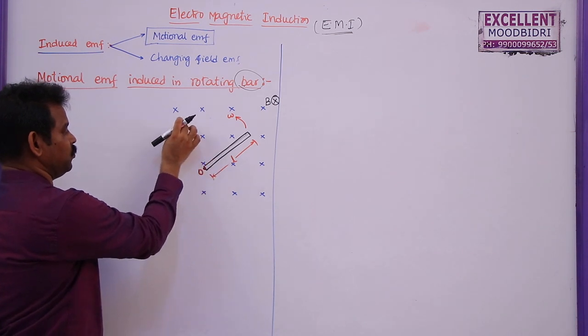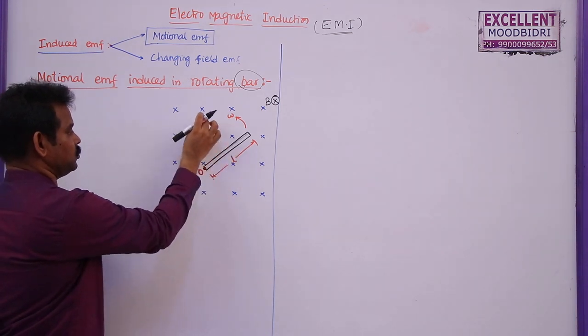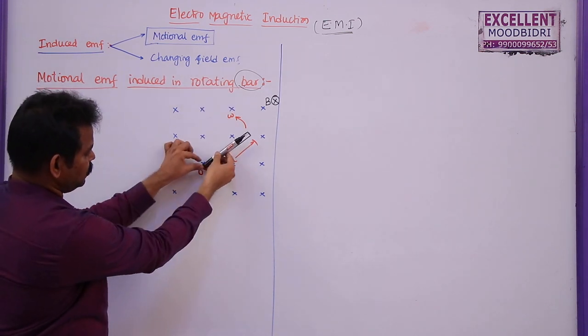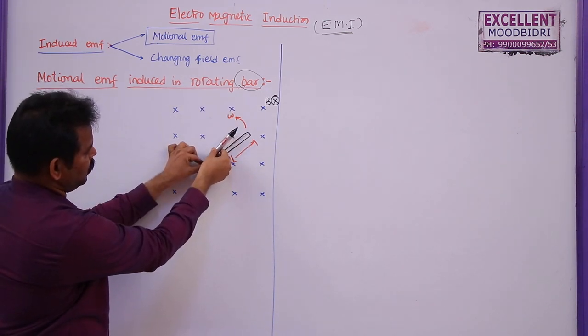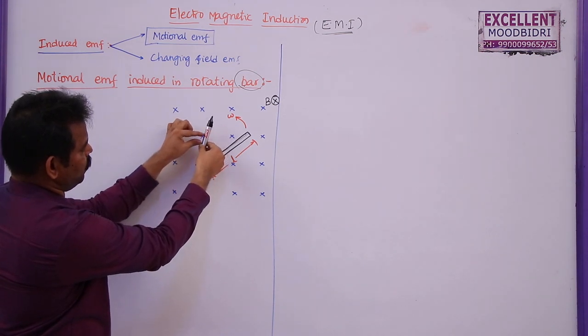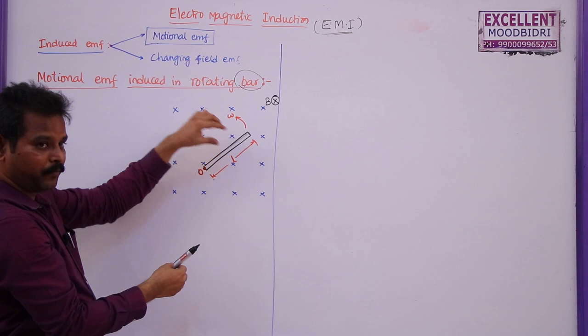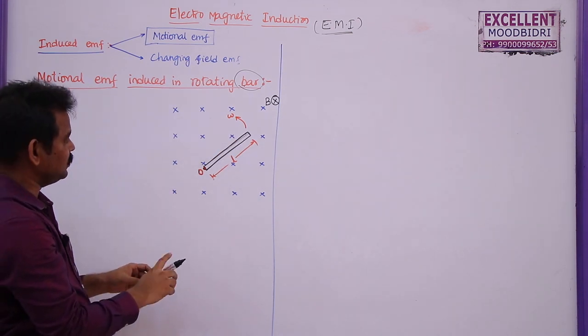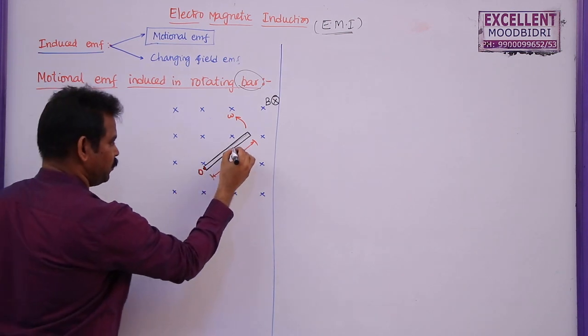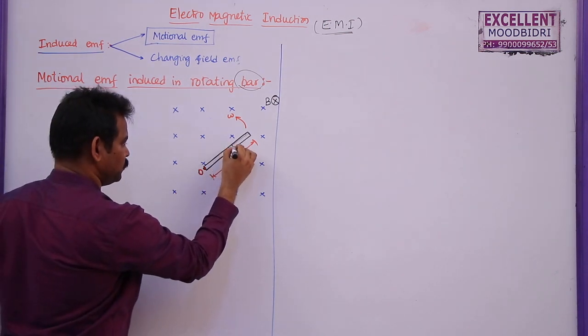So this portion moves by 2 centimeters, this also moves by 2 centimeters, this also moves by 2 centimeters. But here, this end is pivoted, and only the other end is moving in this direction. So different segments of the wire or bar will have different linear velocities, but the angular velocity remains the same. That's why let me take a small portion of this rod.